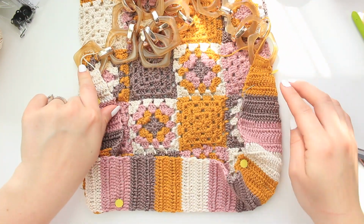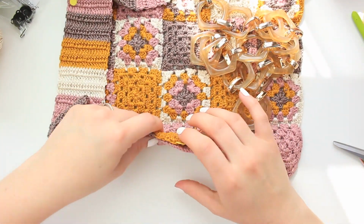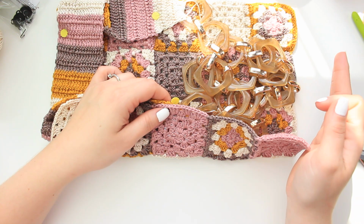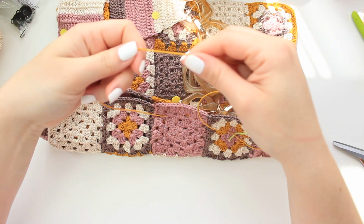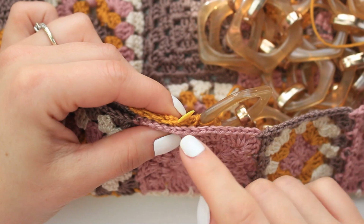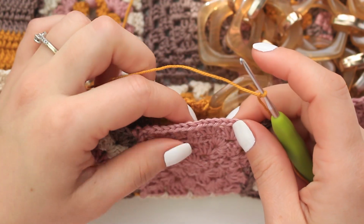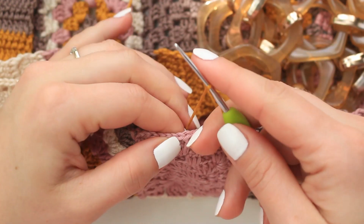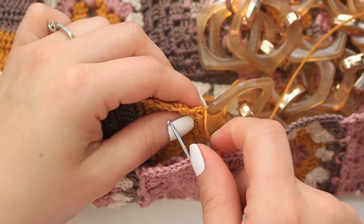So this side here, it's the right side when you look this way. So I'm going to attach my yarn here. You can choose now the shade that you want. I'm going to be doing with the beautiful mustard shade. So go ahead and create a slip knot with this shade. So find 2 stitches. I'm going to be removing here the pin. So you're going to be finding 2 stitches. I'm going to be doing into the second 3 groups of 3 double crochets, right into that very first double crochet, and then through